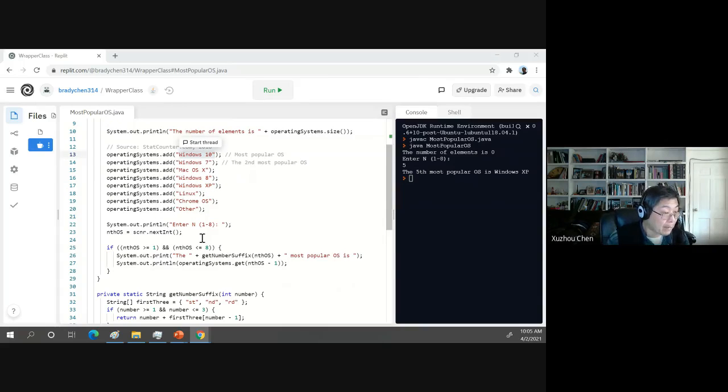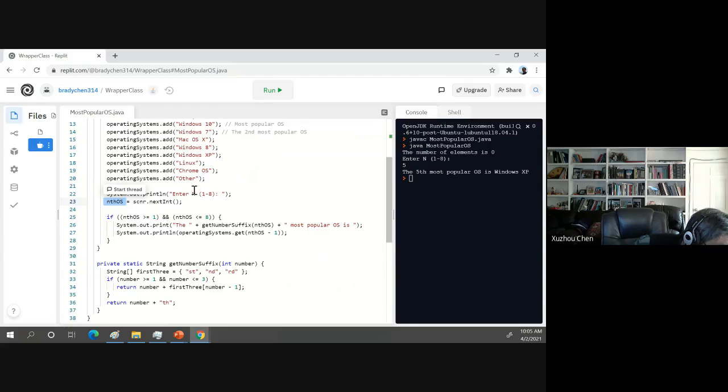So when I actually put the number 1 to 8, this number will be assigned to the nth OS. So then what I'm going to do, when I print the order of the operating system, is use first, second, and third, not 1, 2, 3, 4. So that's why I switch to use the number suffix, because